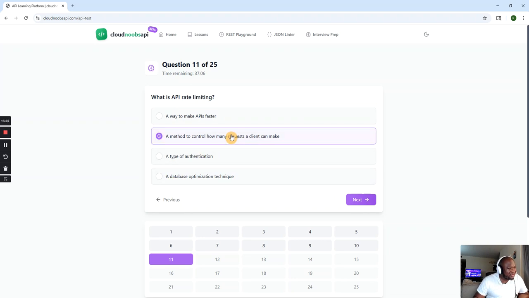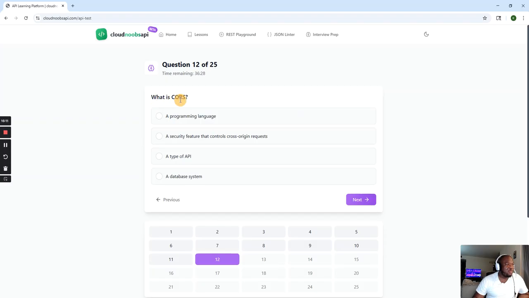I would take this one, because you have to limit how many requests a client can make in order not to make the API or the software run slower. Most people use Postman just to do the troubleshooting and all that. But this is the right answer to question 11.